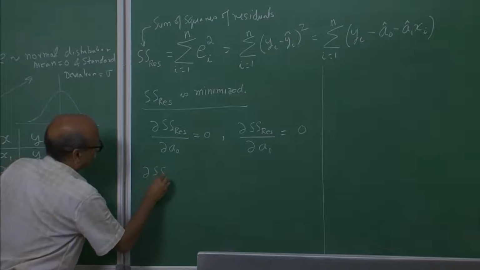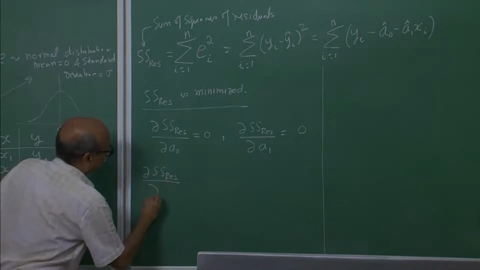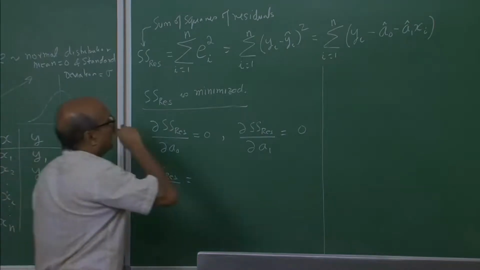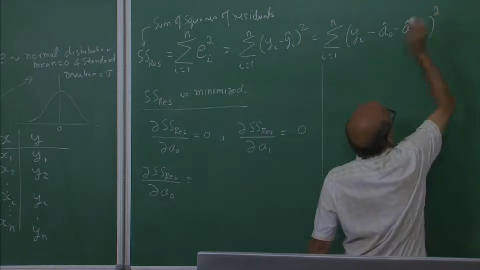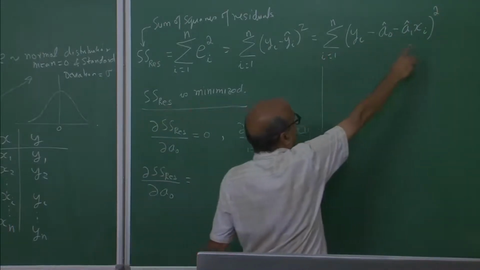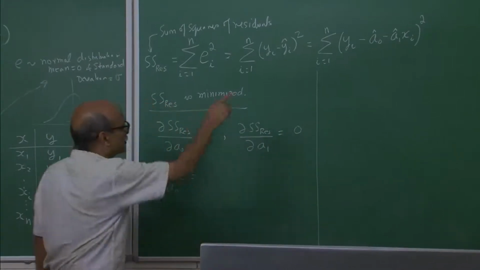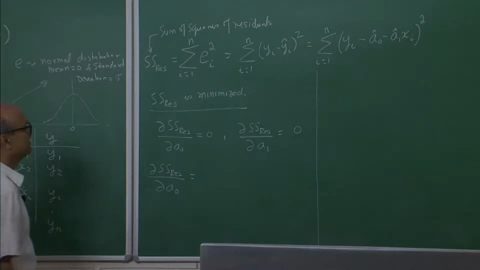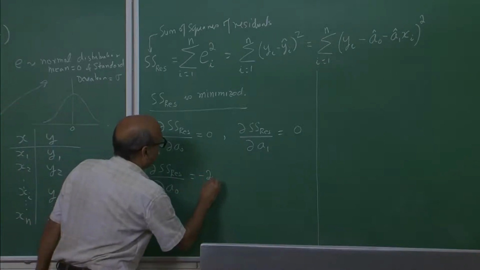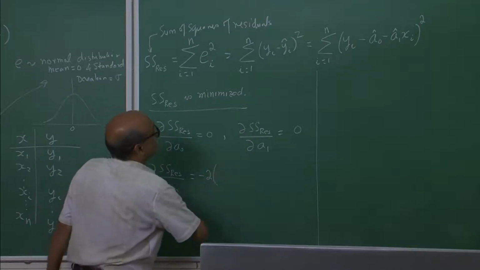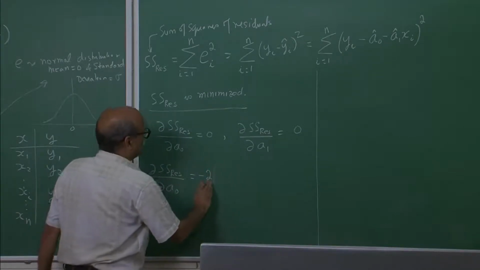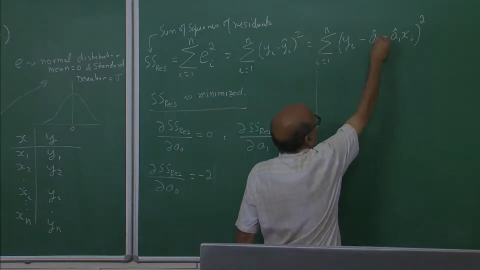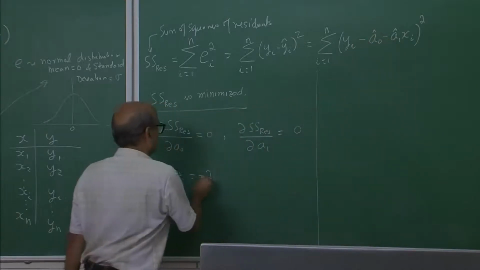So, if I do that, and this should be squared here, I look at this function and take the derivative with respect to a0 only, keeping a1 cap as constant. This is taking a partial derivative. This will become minus 2: the 2 comes from the power, and the negative sign comes from taking the derivative inside. Well, the derivative with respect to a0 cap would be minus 1, and hence I get minus 2